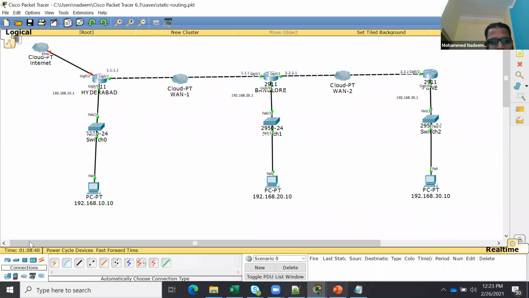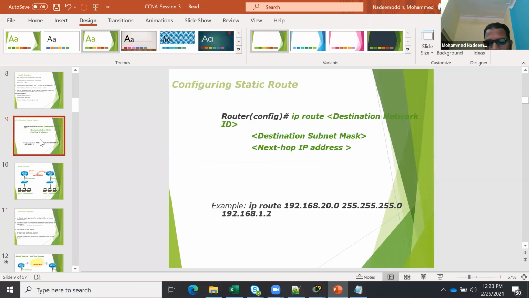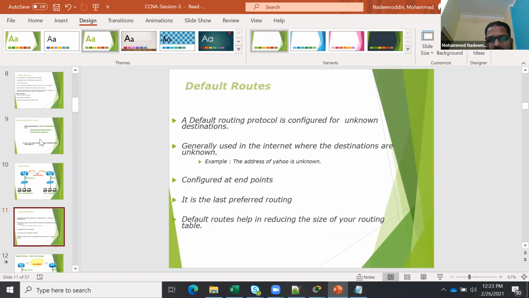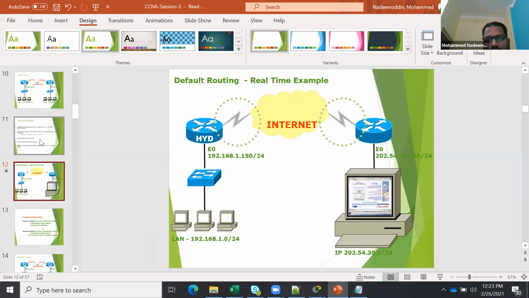So, static and the default route. A default route is the last preferred in the routing table, so it will be the last entry in the routing table. Here is the example. This is your Hyderabad, let's say. It's the internet, and let's say this is Gmail or something. For the default route, you will say 0.0.0.0 and put the exit interface, let's say Ethernet 1.